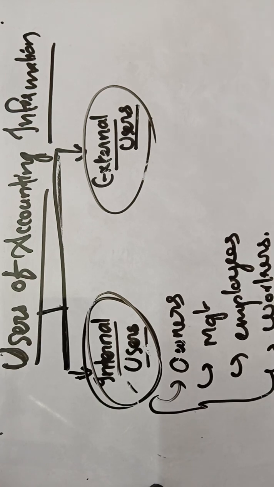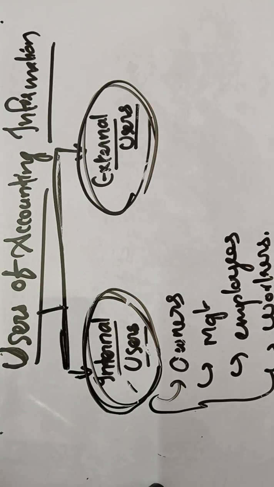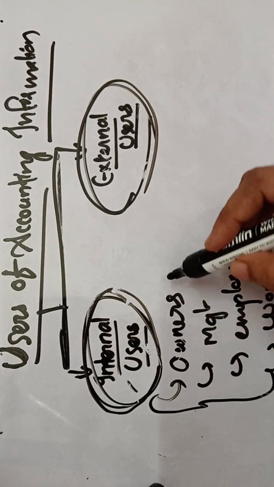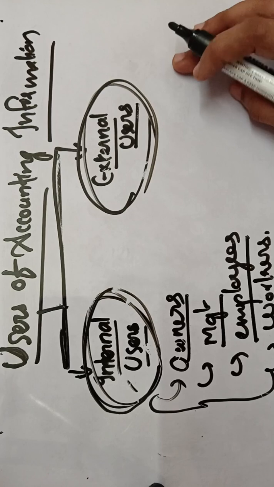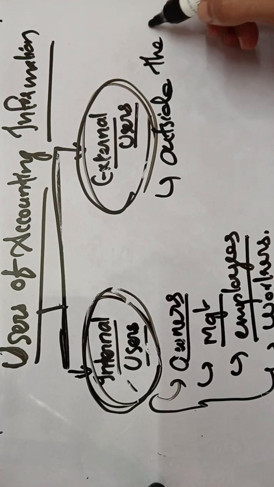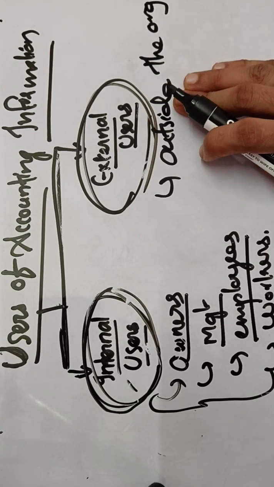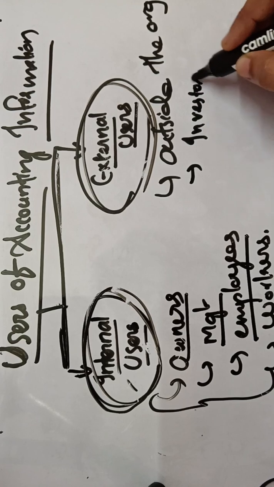Now let's move on to uses of accounting information. The uses of accounting information can be broadly classified into two, that is internal users and external users. Internal users means those persons within the organization who are interested to know the accounting information of the business. And these internal users mainly include owners, management, employees, and also the workers. Then external users are those persons who are outside the organization. They are interested in knowing the accounting information of the business, and the various external users mainly include investors or potential investors,